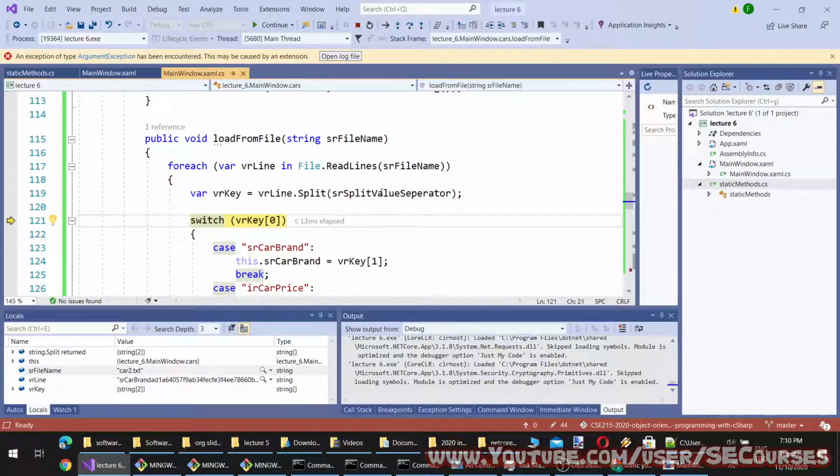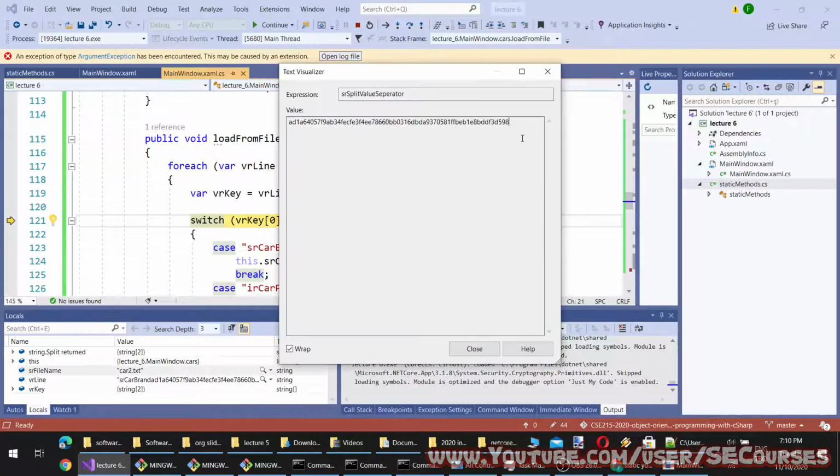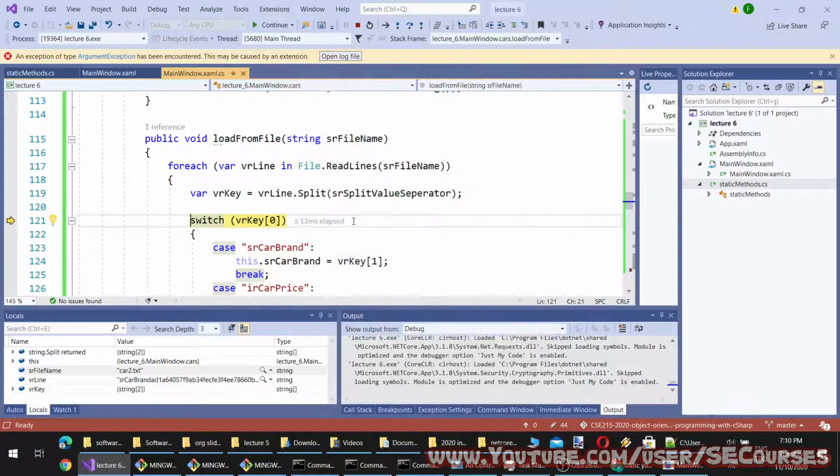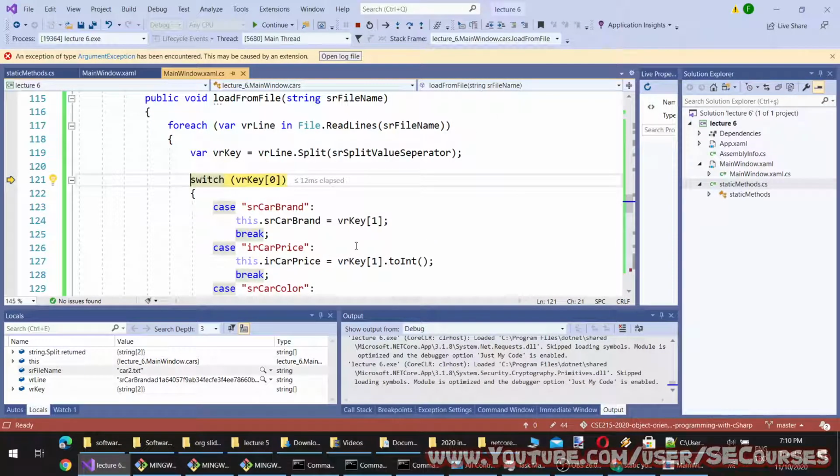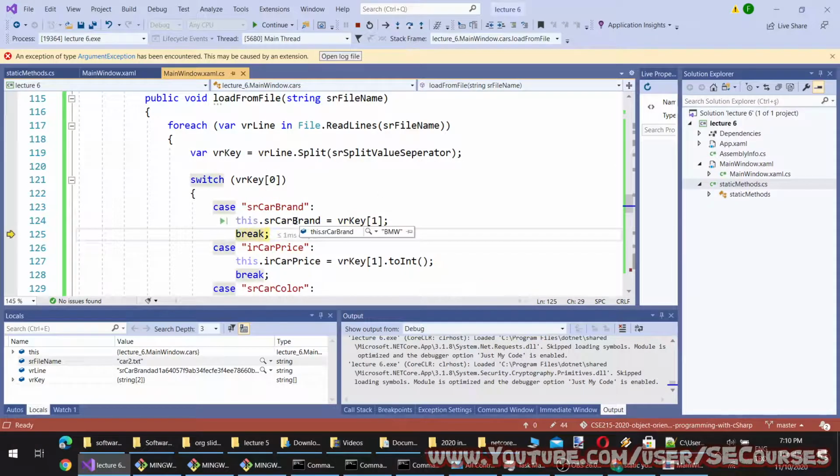So what is our split separator? It is this. You see, this is the SHA 256 hashing of our key, and then this will enter our switch, and it will be SR carburant. So the carburant will be BMV.